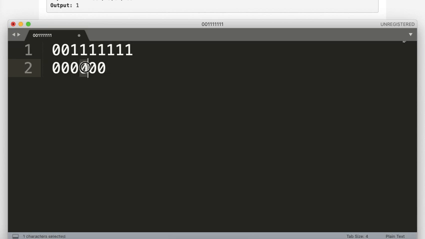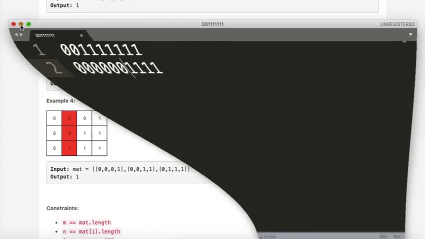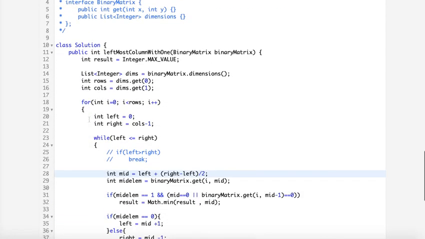If I get 0 somewhere, I already have a result which is smaller, so it doesn't make sense to go further with binary search to find where it is. So I can simply break. That is what we have to do.